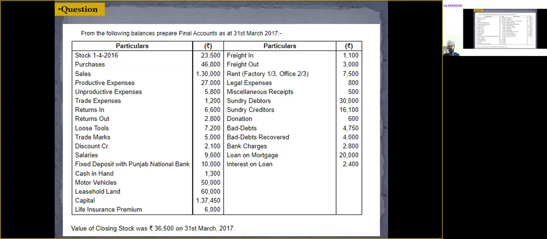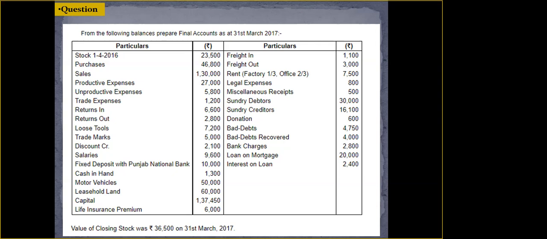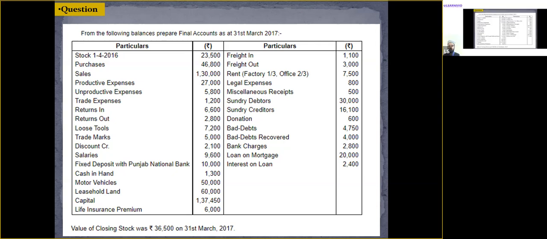Alexander, is that clear? Yes, sir. It is obviously a bank balance, but in the form of a fixed deposit. So irrespective of whether it is a savings deposit account, fixed deposit account, or current account, irrespective of the type of deposit, if the question says there is a bank balance, it simply is your asset. So we will write it in the balance sheet on the asset side by the name of fixed deposit with PNB, Punjab National Bank.